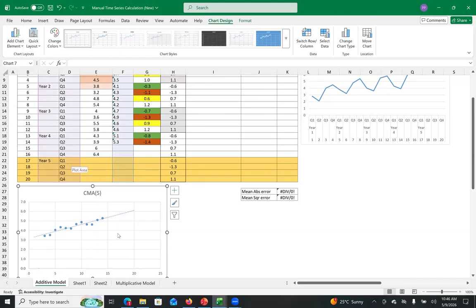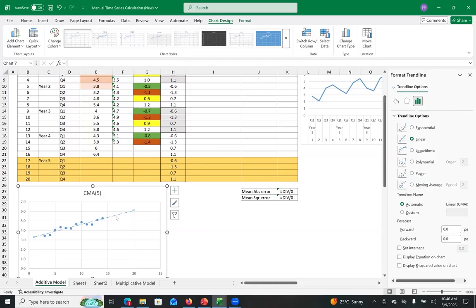Right? Once I have the line, just the line is not enough. In linear regression, just the line is not enough. What do we want? What do we want in case of linear regression? We want the equation. So I'll click on the line, press Control and 1 together, and